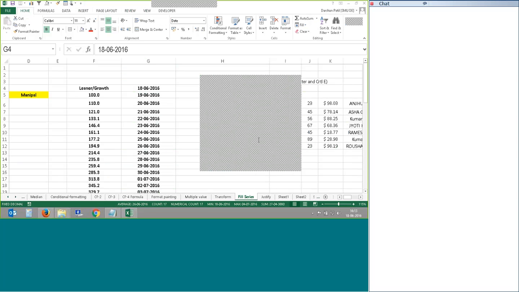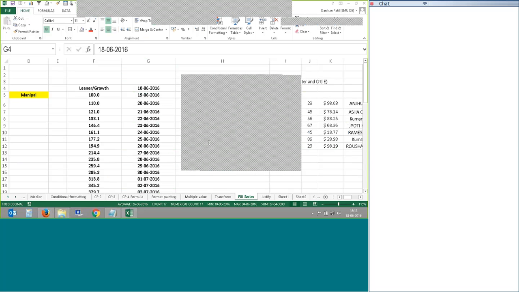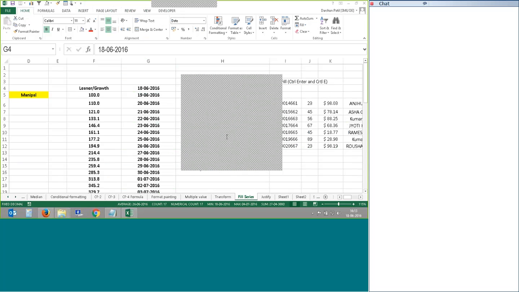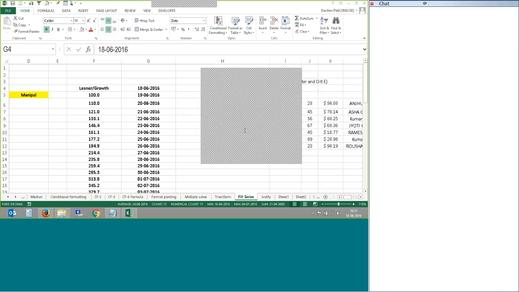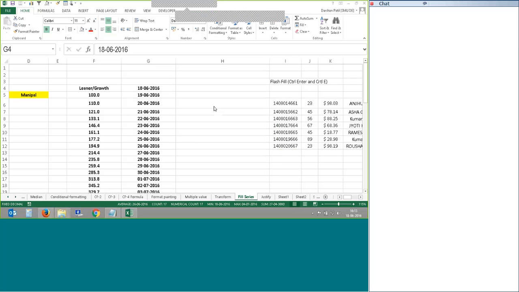Okay, definitely, because at present I am using Excel 2013, I will send you the screenshot, maybe in the evening, or maybe the URL of that particular window which is there in 2010. Definitely I am sure that there is a fill series, and the only thing that is not there is the flash fill. Okay, what I am going to explain now, the flash fill, is not there in Excel 2010, but